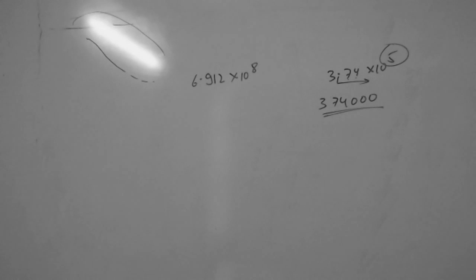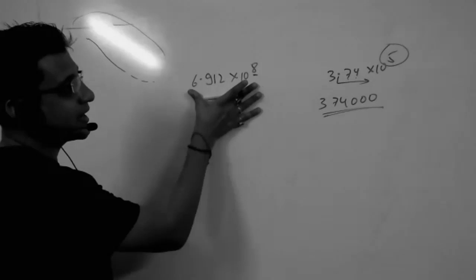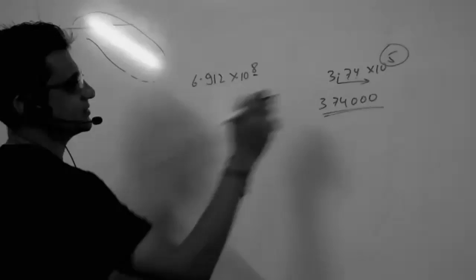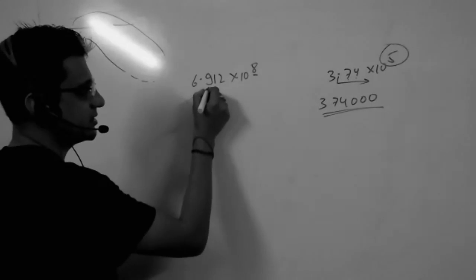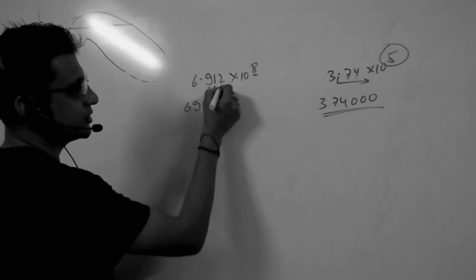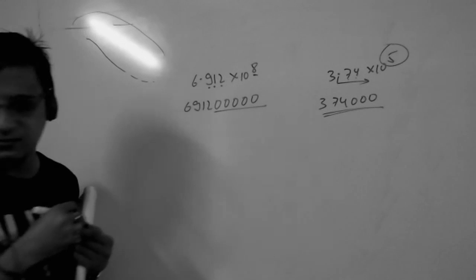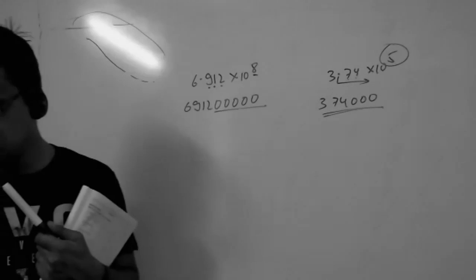Yeah, Arjun correct, Pragya correct. Shreyas, absolutely wrong. Kanchi correct, Mona correct. So here, since it is positive, this is a bigger number. So decimal will go right hand side. By how many places? 8 places. 1, 2, 3 is already there. 6, 9, 1, 2. 1, 2, 3, 4, 5, 6, 7, 8. So 5 zeros. Understood?